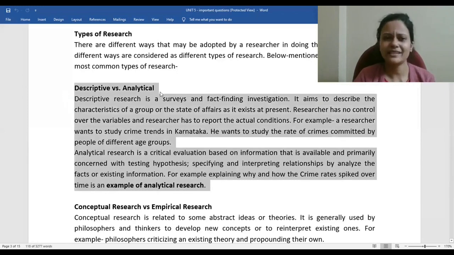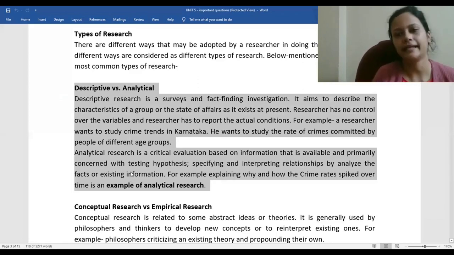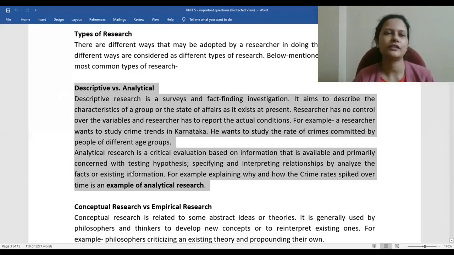Yes. So descriptive is basically a simple thing, whatever information I'm getting, like a copy paste thing. Analytical means I need to analyze it, I need to apply my mind, I need to give my own opinion. I cannot just copy paste whatever is available, but I need to give my own outcomes also. Maybe you can say that, okay, I am doing research on the Indian Contract Act. Then what may be your analysis?